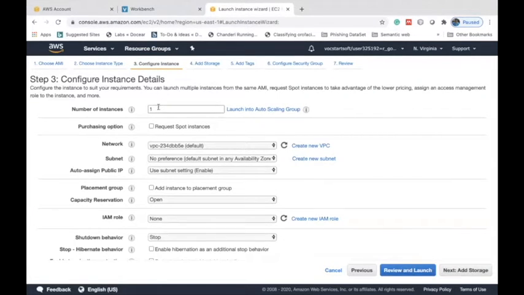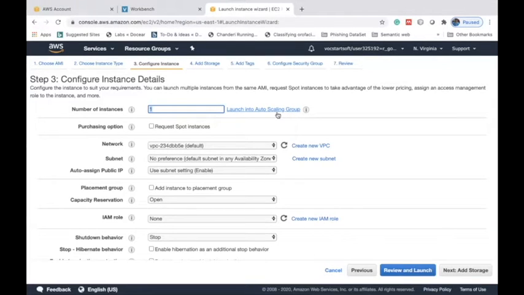The number of instances we want to create in one step is only one. If you want to create 2 or 3 different instances, you can mention the appropriate number here. Mainly, whenever you go for an auto scaling option, you can select the auto scaling group also. For example, if you set the auto scaling group to 5, it will create up to 5 instances. Based on the load, it may start with 1 VM, and when the load increases, it will automatically invoke the second, third, and fourth VM.